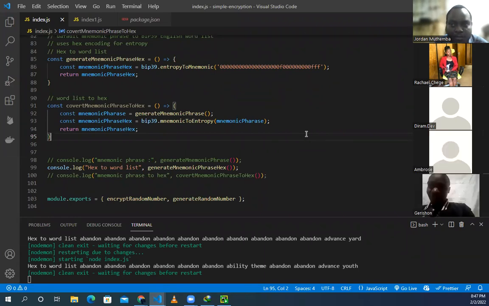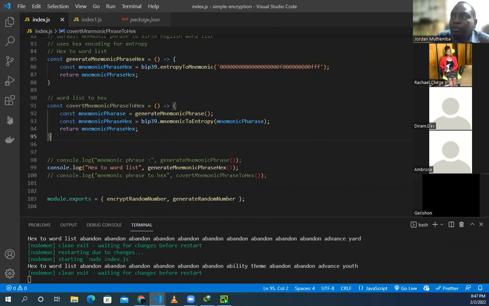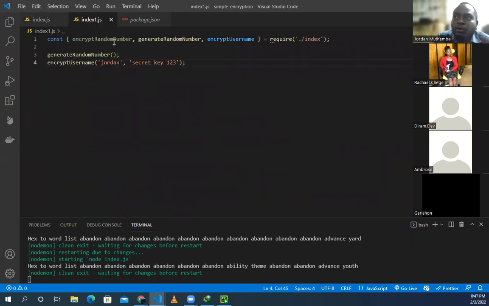Yeah, you exported the functions. So when you go to the other file, do you just import, or are they available for use? You import. Every time you want to use something on another file, you will have to import the file. Okay, I imported it, so you can see I imported it from